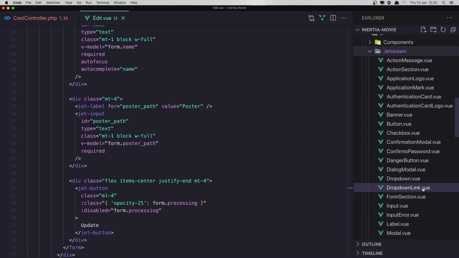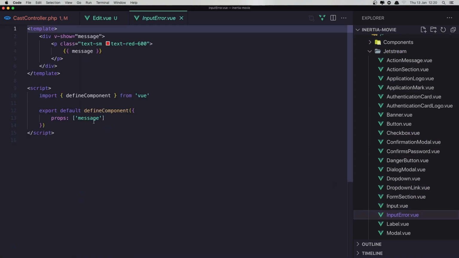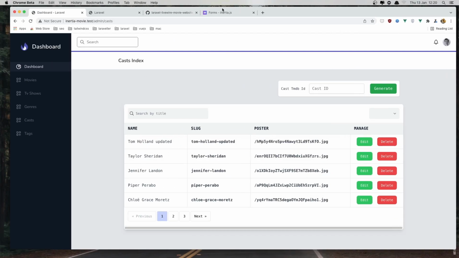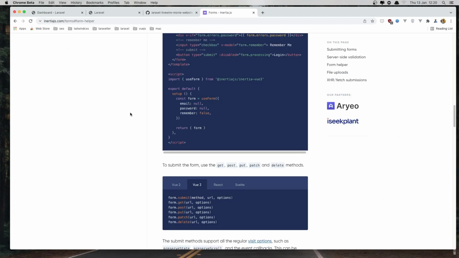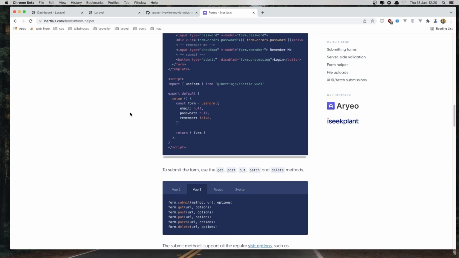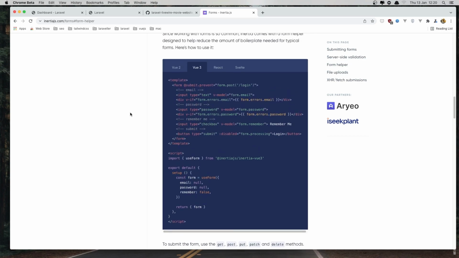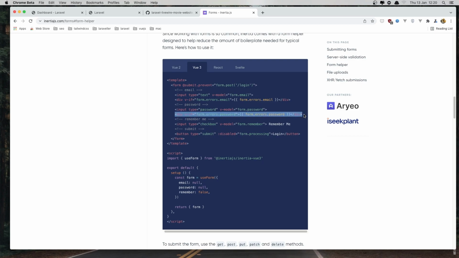Okay, I'm going to make input error accept the message. Okay, so if you go to the Inertia, and we have this v-if the form has errors for the same one, or I'm going to add just like this. So copy